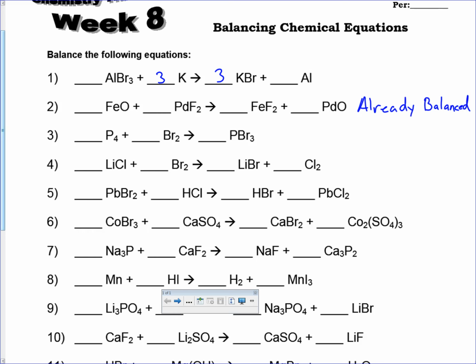All right, this next one, it starts off, we've got 4 P's here. On the other side, we need to have 4 P's, so I put 4 here. And then we got to get the bromines right, so there are 12 now on the right side. So I put a 6 here to get 12 on the left side, and it looks like we're pretty good there. For number 4,